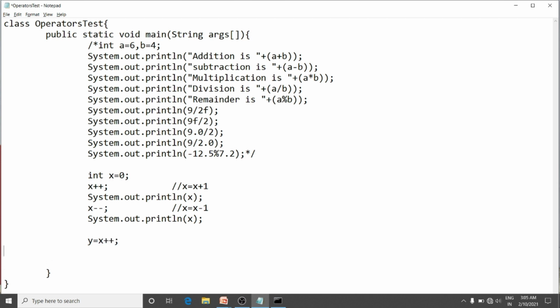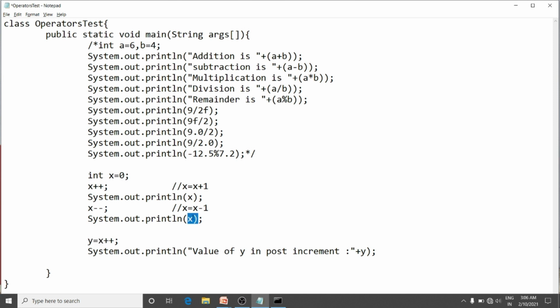Now I will try to print the value of y in post-increment. Here I will write y. In post-increment, first assign the value of x to y and then increase the value of x.